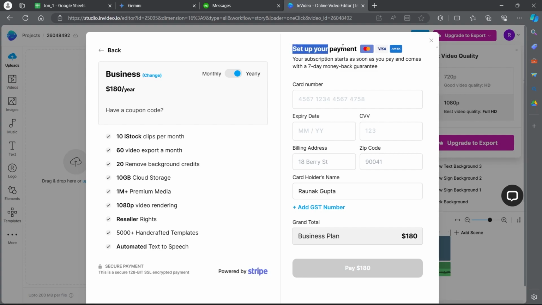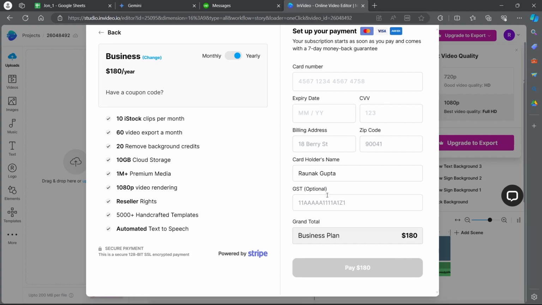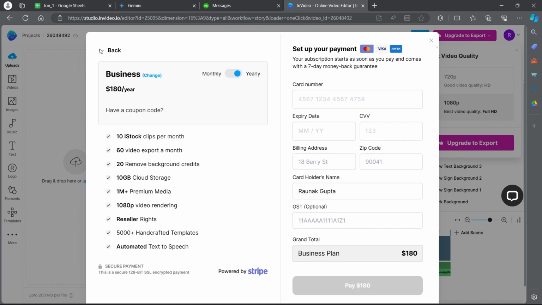Now in order to set up your payment, you'll have to enter your card number, the expiry date of your card, CVV, billing address, zip code, and the card holder's name, that is your name. You can also add a GST number if you have any. After filling out all this information, you will see an option to pay that specific amount. Simply click on that amount and complete the verification process, do the payment,